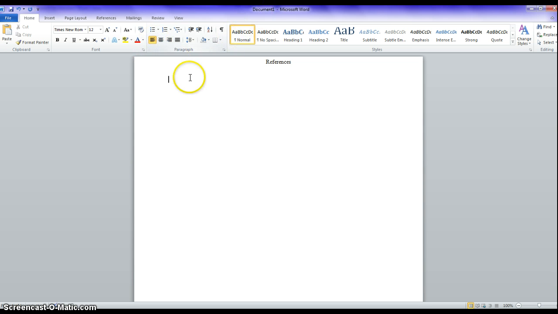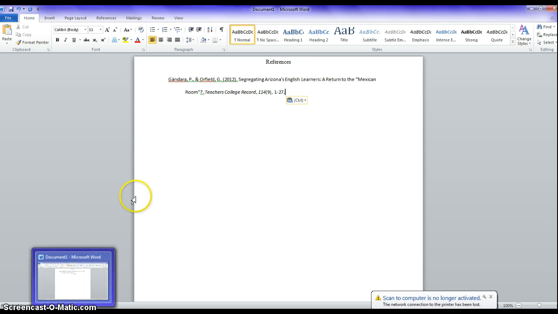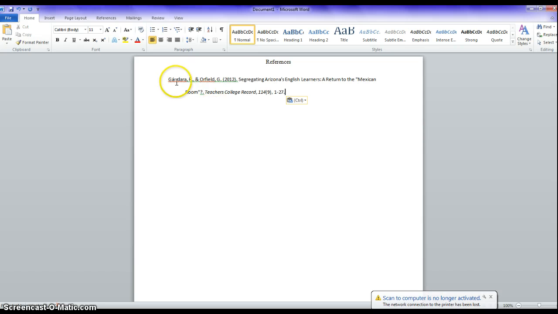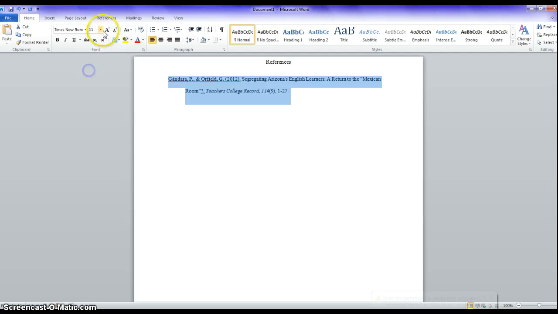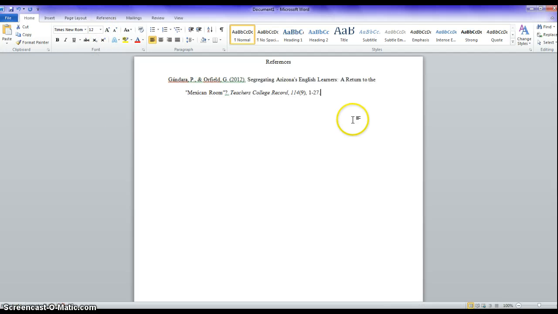And you can come back over. And then I pasted what I copied from the website. And this needs to be changed already to Times New Roman, 12-point font. Then I'm going to check and make sure I have a comma, and then a period after the first initial, followed by a comma, the ampersand, the second author's name with a comma, first initial, period, space, then the year,